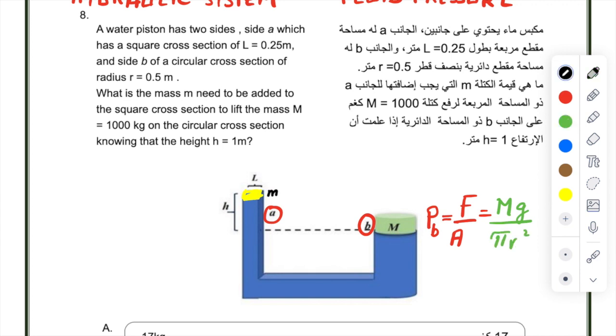So on this side, I have no issues. I have the capital mass, G, 9.8, pi for sure, and the radius 0.5. On the other side, the pressure